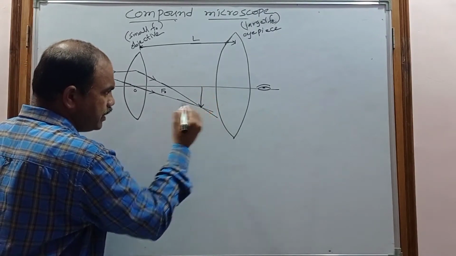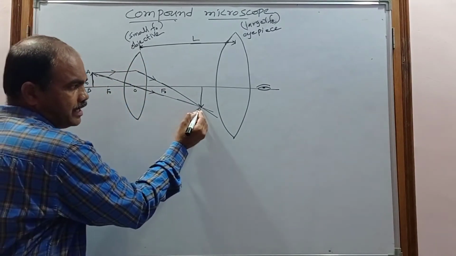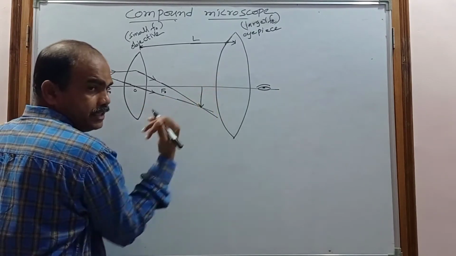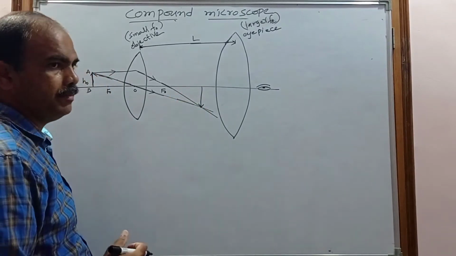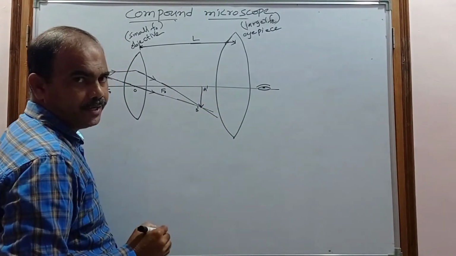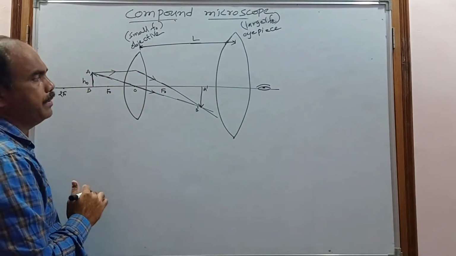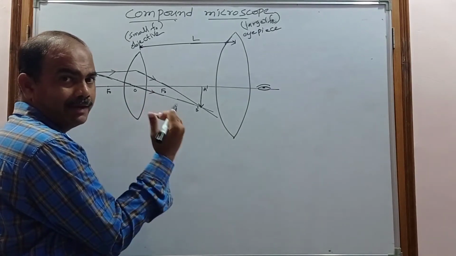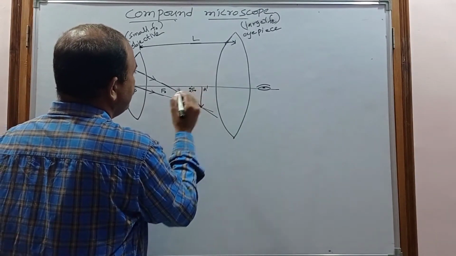This is the image formed by the objective for the object AB. It is formed because of the real intersection of the refracted rays. That's why this is a real image, and it is an inverted image, and if you compare the size, it is more. That's why it is a magnified image. Consider this image name to be A dash B dash. So this A dash B dash is the image formed by the objective for the object AB. It is a real, inverted and magnified image, formed beyond 2f0.